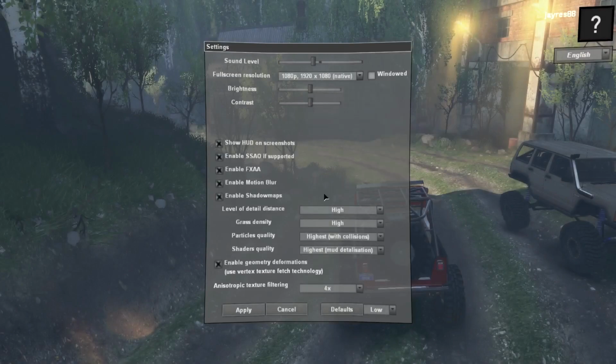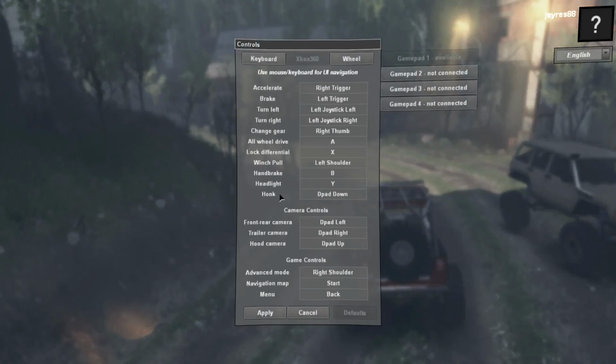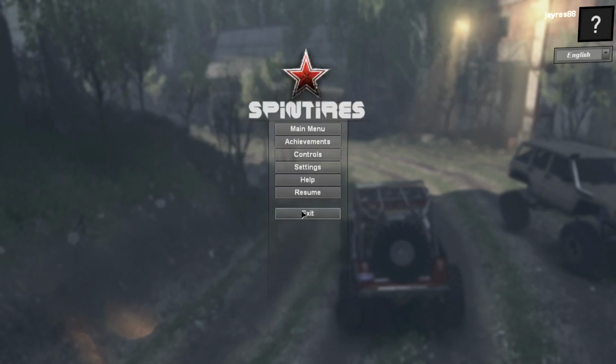Well, sound is okay. What I'm looking for may be in controls. Look at controls. I'm looking for anything that will recenter the steering wheel, and I don't see anything. Just turn left and accelerate. Well, that's a bummer, because